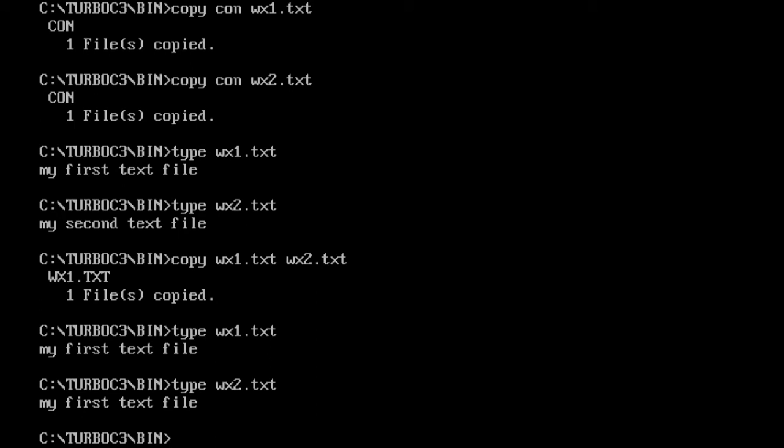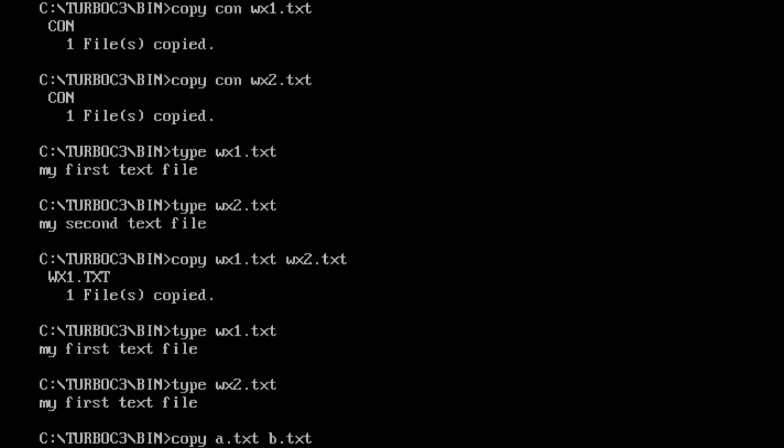The second thing which we should now study and understand is the arguments, because we are going to write a C program which is going to replace the copy command of DOS or the cp command of Linux. While understanding the arguments, we have already decided that we will start counting the arguments from 1. The arguments were first the command, second the first text file, and third the next text file.